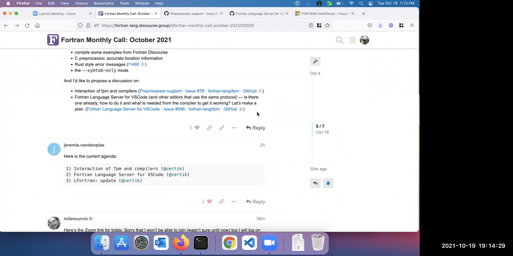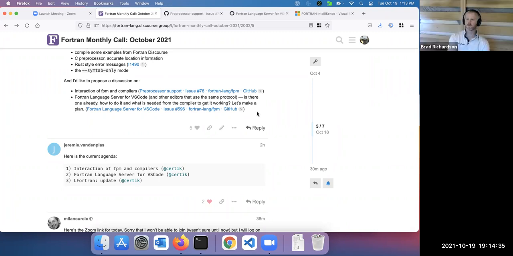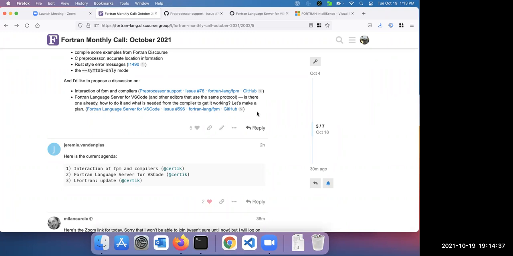So I click on a tab, and then I say like open folder as project, and then it will essentially look through all the files to find the right definition and send you to the right line. So this is something where I'm not sure how, let's say if I download an FPM package, but I haven't yet built it, meaning I haven't yet downloaded all the dependency packages, I don't think this can work unless